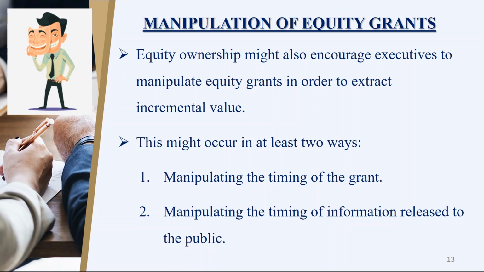Likewise, unfavorable information is released early to precede a grant date. The executive in this case also benefits by receiving the grant after the unfavorable news has already driven the stock price lower. In both these cases, the executive seeks to maximize the value received from an equity grant by taking actions that are not in the interest of the shareholders of the company. According to the study of Lee in 2005, executives also manipulate the timing of awards in their favor, and this practice is known as stock option backdating.